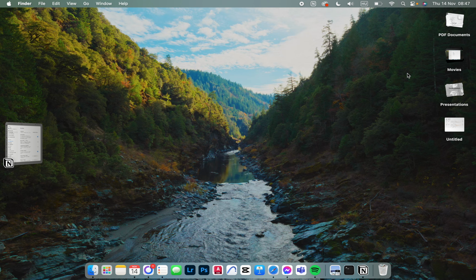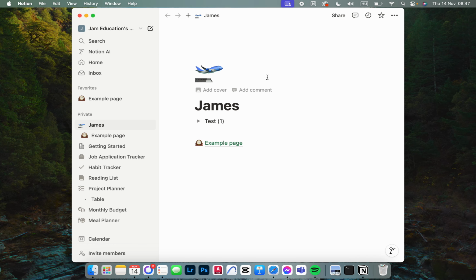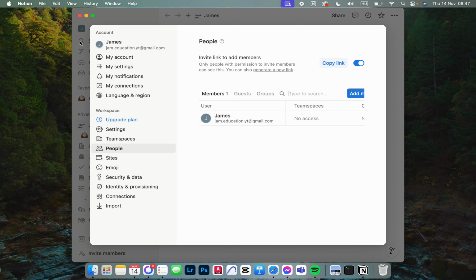In this video I'm going to show you how to turn on search for a page in the Notion app. First you have to open up the app, and here it opens up in one of the pages. From here we go into the top left corner, click on Notion, then we click on settings, then here we click on my settings,